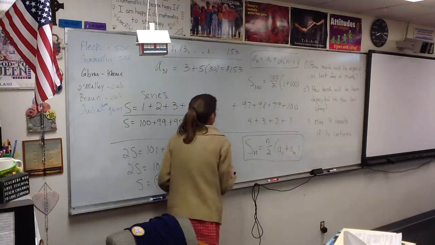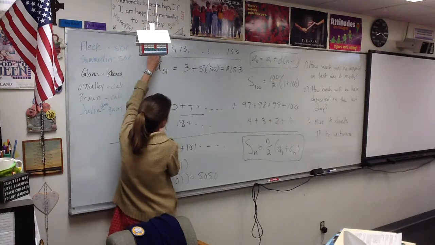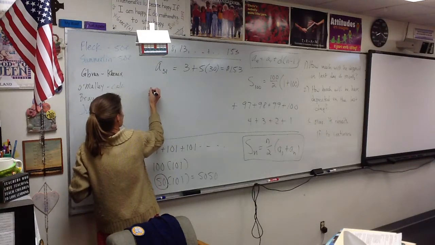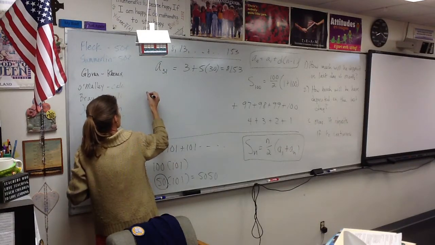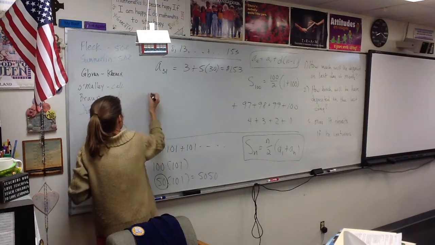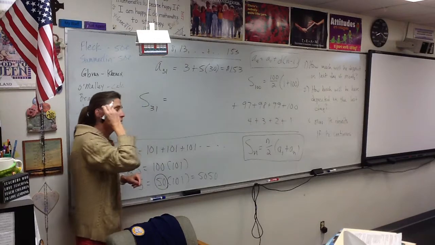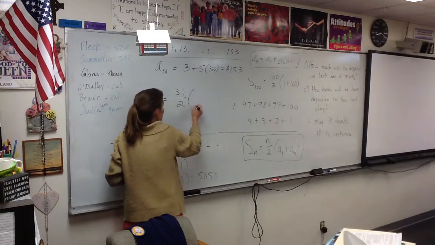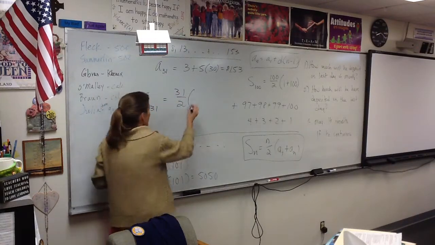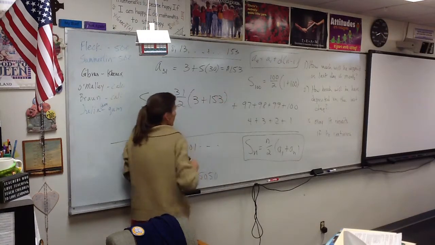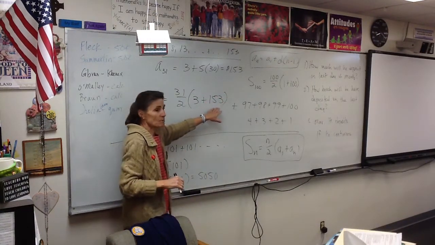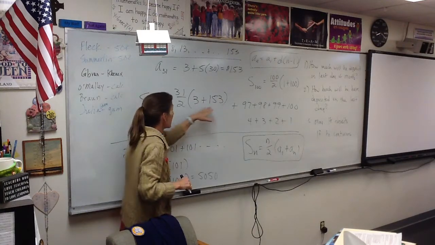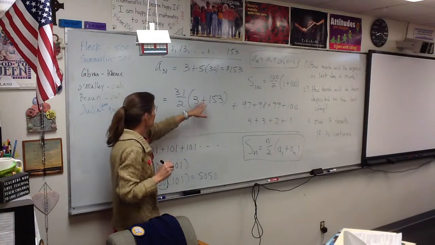So let's go back to Harry's problem. We want to add up the terms of this series right here. How many are we adding up? Go back to Harry's problem, number 2. 31. We're adding up 31 terms. We're at the end of the month. How much do you deposit in May? So our formula would say 31 over 2 times 3 plus 153. Now remember, when you're putting in the formula, don't put the decimal point in there. This is 153 cents. 3 cents and 153 cents. And that works out to 156